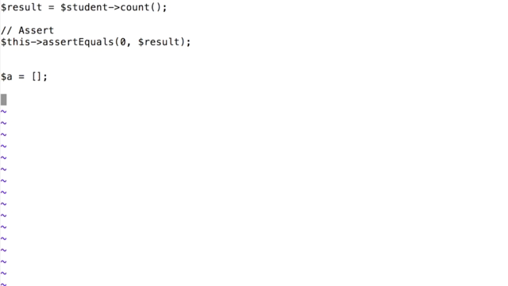Let's say I have a class which increases the count, let's say iterator something. So what it should do is, whenever I pass add element, it should increase the count of $a by 1. It should have an element. So let's say I'll do